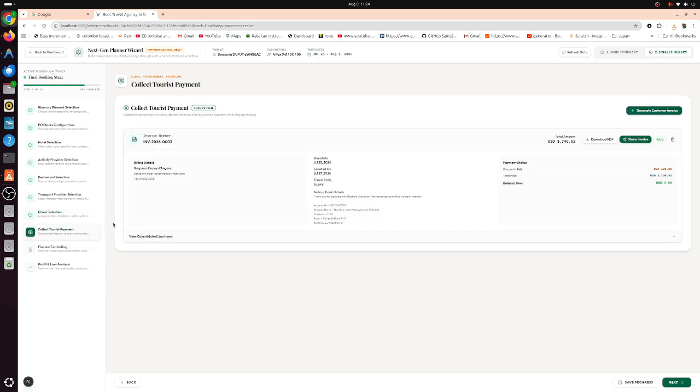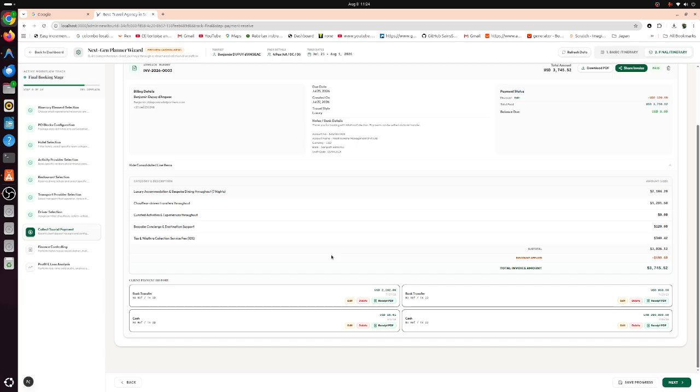And then this is where, once a tourist is given a particular cost, that cost-related items come here, okay, and then you can collect payment from the tourist. Now in this particular case our cost is 3000 something, and then we have 2 bank transfers and 2 cash payments. One bank transfer is US dollar 2000 something, another bank transfer is 800 something, cash $15, and another cash is